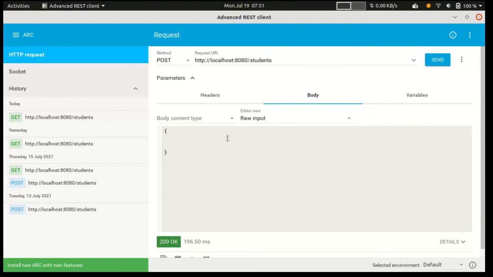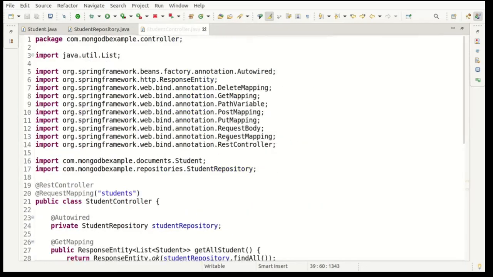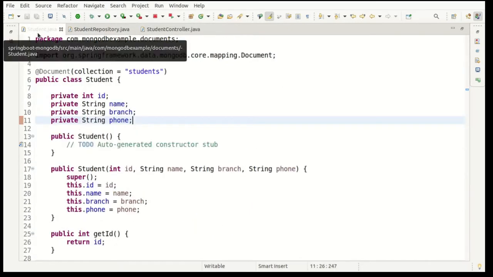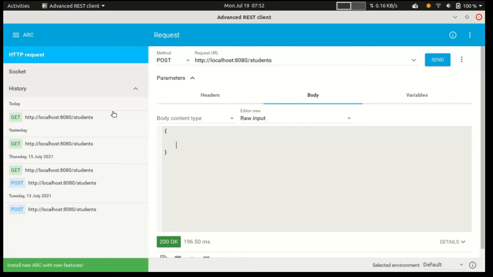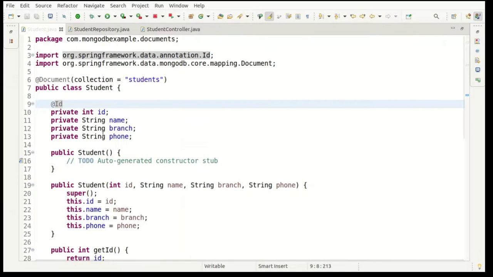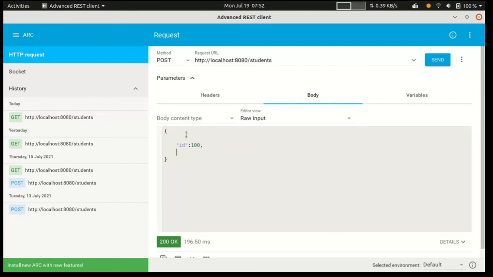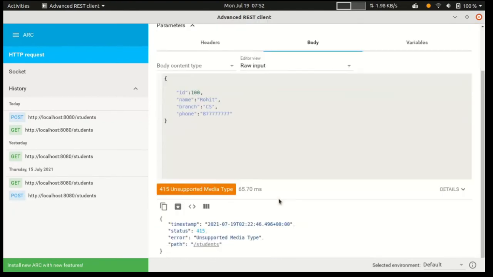We don't have to pass this ID, I missed one thing. Then the column is ID, and we have to pass something like 100, and then we have three fields: name, branch, and phone. Let's click on the send button, and we are getting here unsupported media type.